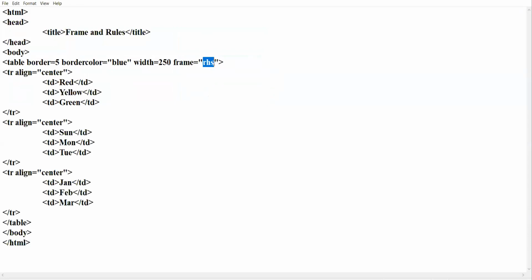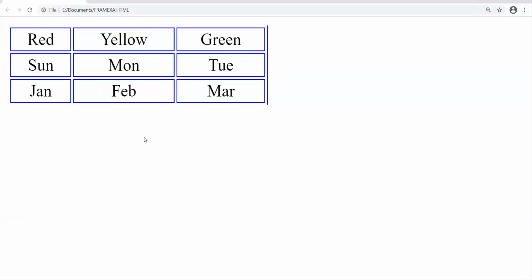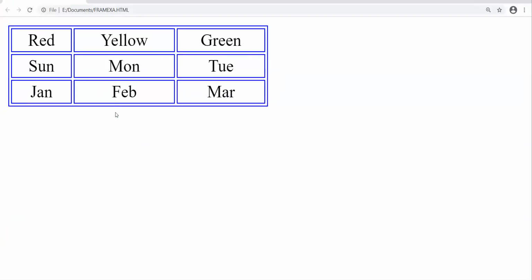Then the next value is box. The border will be appearing around all the four sides. The border has appeared around all the four sides. Am I clear?